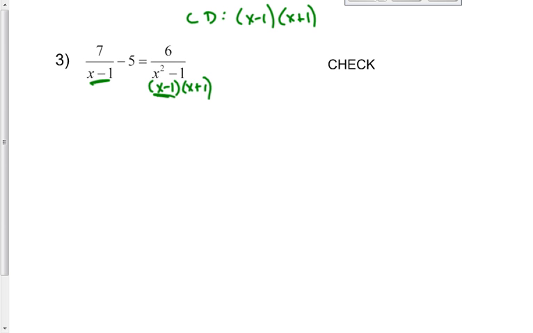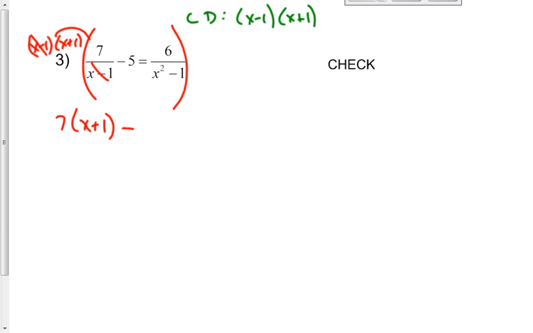So my common denominator will be x minus 1, x plus 1, which remember is just x squared minus 1. Okay, so let's get that out of there for the time being. And we'll put our big parenthesis multiplying by x minus 1, x plus 1. Distribution first time, the x minus 1's would cancel, which leaves me with 7 x plus 1 minus all of this times 5, nothing will cancel, and so I'm going to just write it as the quantity of x squared minus 1, since that's what both of that is, x squared minus 1, equals, now this whole thing times 6,